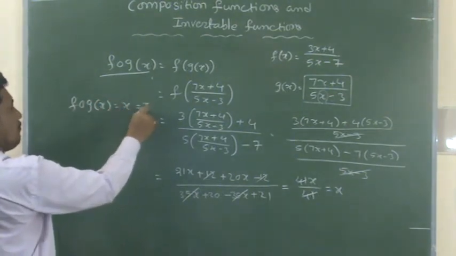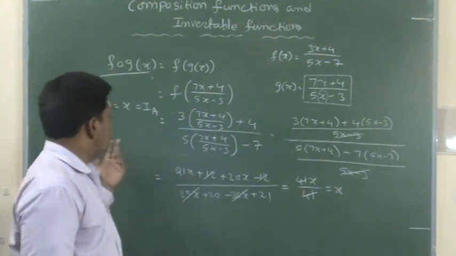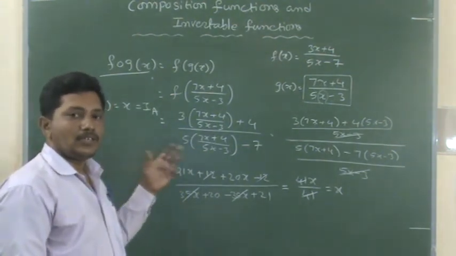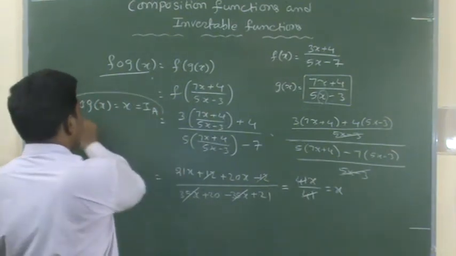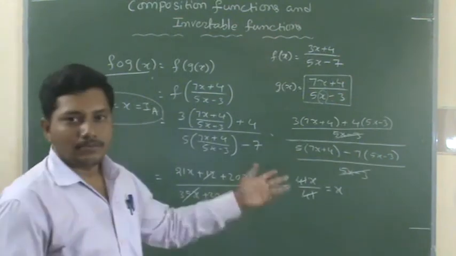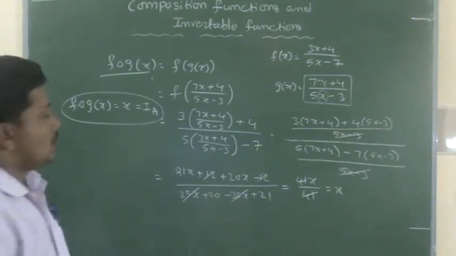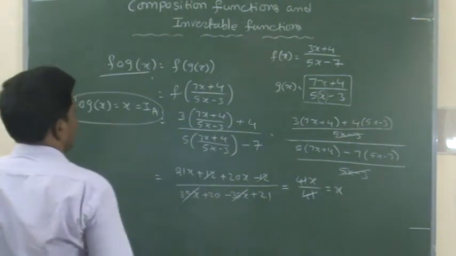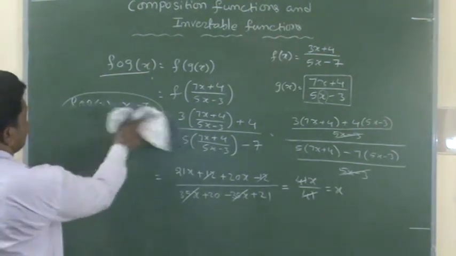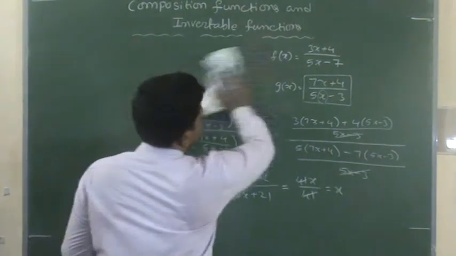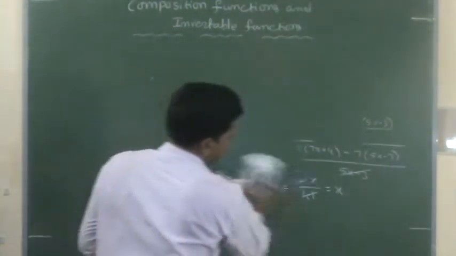And also this is from A, because g is mapping from A to A and f is A to B, f is mapping from B to A, then f circle g is mapping from A to A. So the problem is over. So f circle g of x is equal to x in I_B and f circle g of x is equal to x in I_A. That is the proof of the solution of the problem. Okay, next problem.